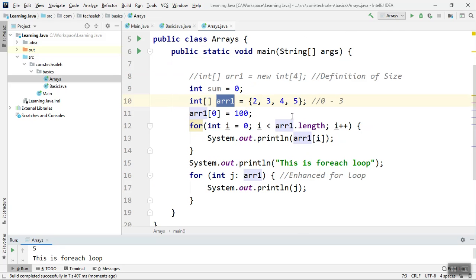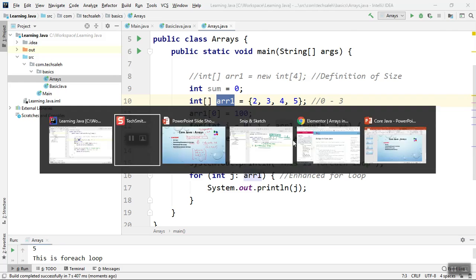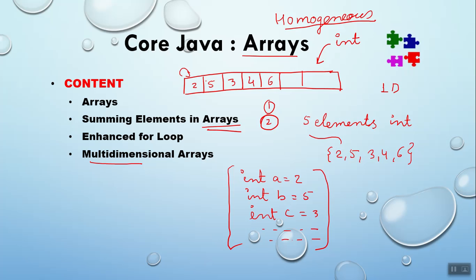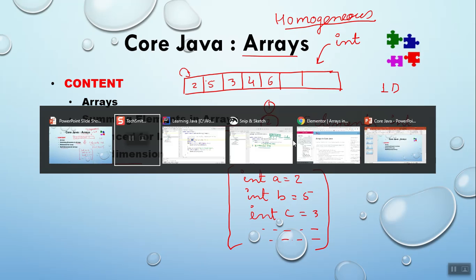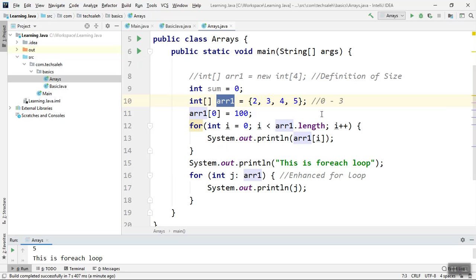So what we have to do, the next thing that we have to see is the multidimensional arrays. Multidimensional arrays are basically used when we have data like, so suppose if you have to make this